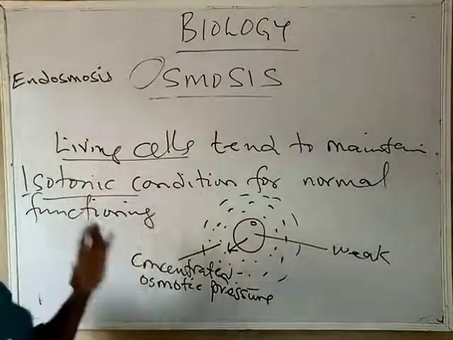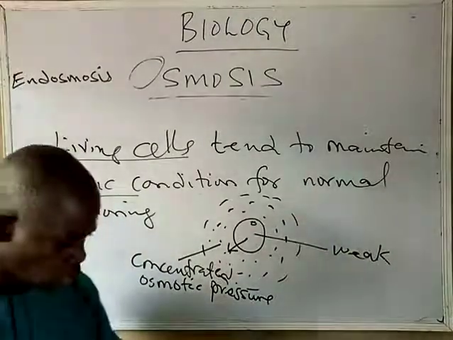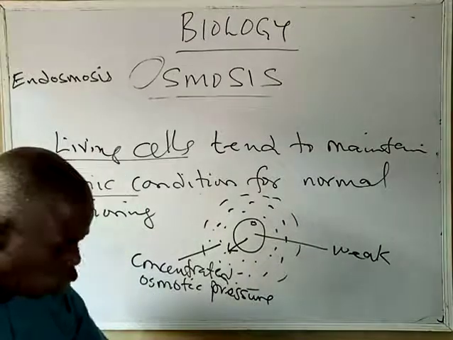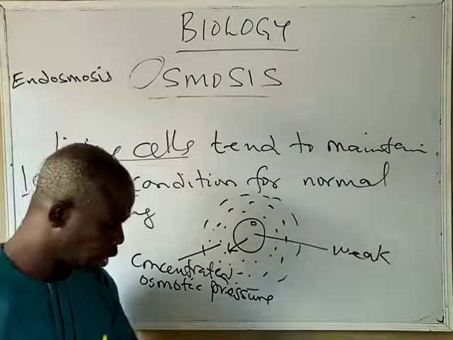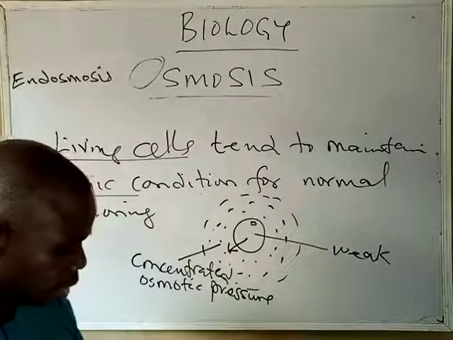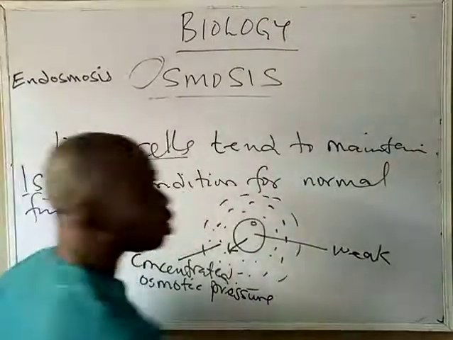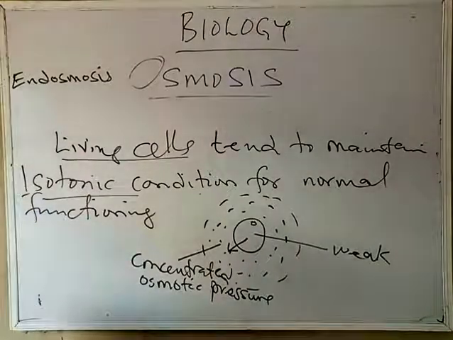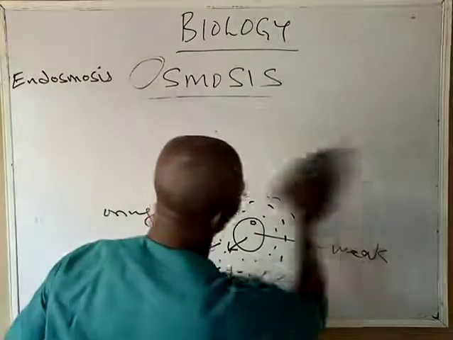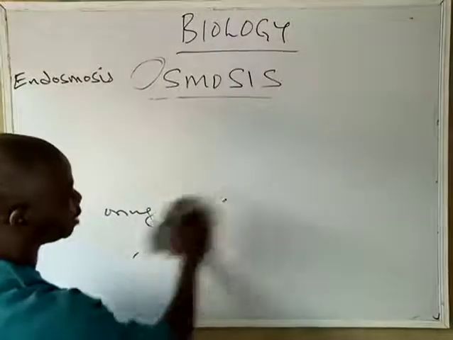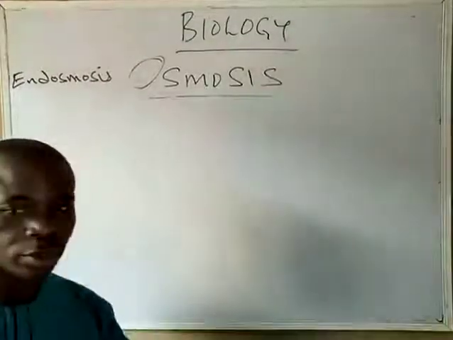So that's that about the types of solution and tonicity and so on. Beside that, we want to move forward to look at the conditions that are necessary for osmosis to take place, especially in plants and animals. Conditions necessary